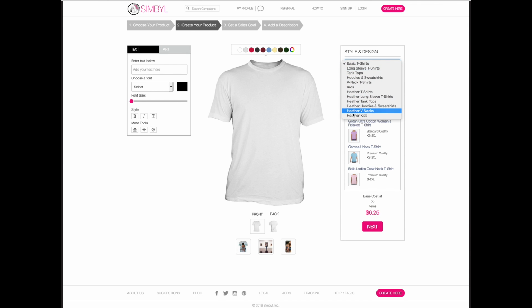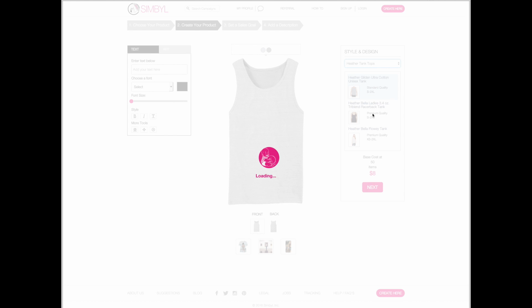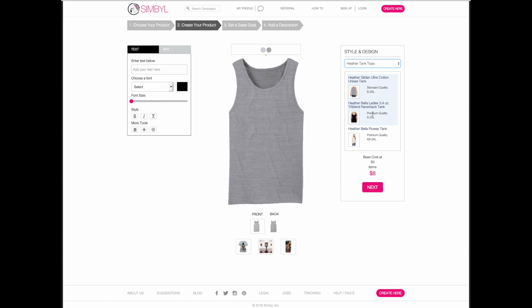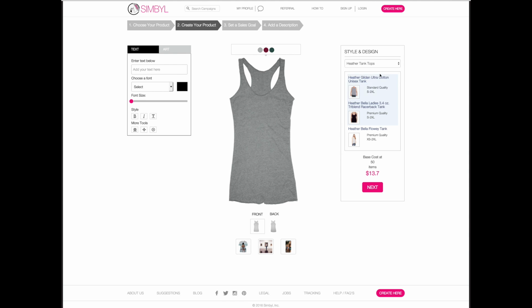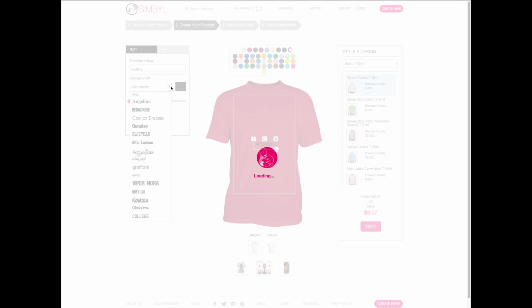Also, we have all these Heather products. We have a ton of Heather products, and Heather is really special because all the t-shirts are usually 100% cotton. A Heather product is where you mix cotton with poly yarn and it creates this cool Heather effect. Sometimes they put a little rayon in it. It's called the tri-blend. So you can pick whatever product you want to work with.